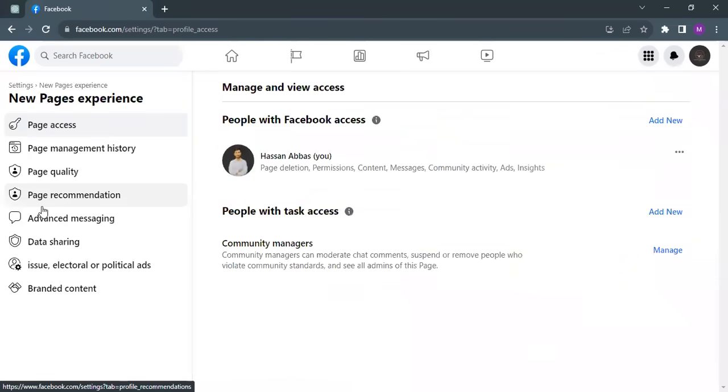When you click on Page access, you find this is my Facebook profile, with the name Hassan Abbas and my profile photo, and I am the only owner of this page. I can manage the page and delete it. I can handle permissions, content, messages, community activity, ads, insights, and much more. You can add another person. Just click on the